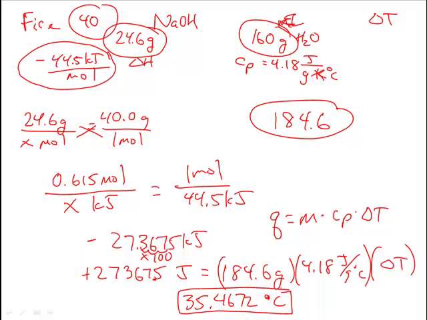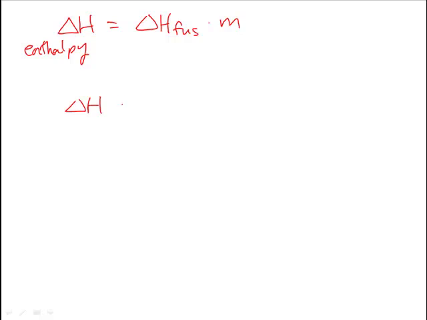The formula. Alright, so formulas. For all the heat of reactions, these are the formulas we have. Delta H, which means heat of. For the heat of fusion, you multiply that by the mass, and that tells you the enthalpy change. If you want the enthalpy change in a reaction,